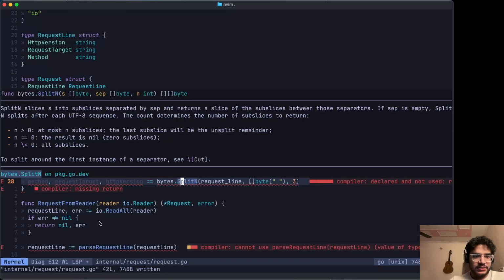At most n subslices, and the last subslice will be the unsplit remainder. Okay, but the meaning of at most n subslices is that it can be 3, 2, as well as 1, there's a possibility of 1 as well. I think